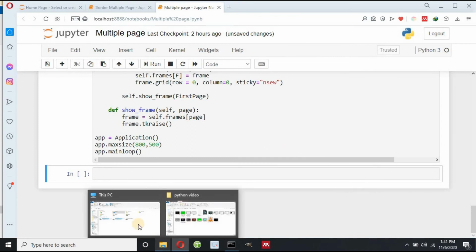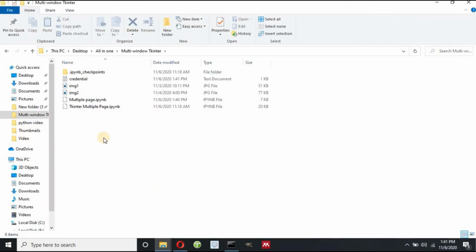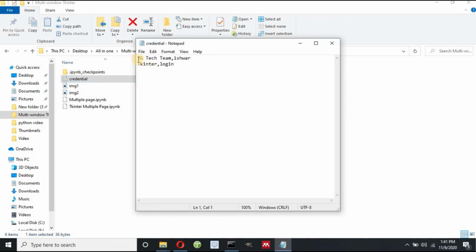Now if I go to my path, you can see here I have now one credential. This is my text document, and if I open this credential, you can see here I have my IG team, means my username and my password get stored. So this is Tkinter, my username, and this is my password. So I have stored my username and password in this credential.txt file.